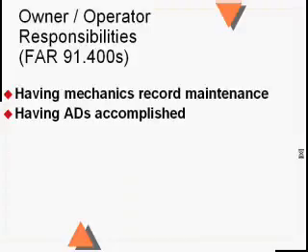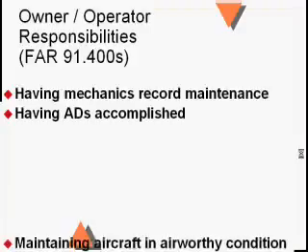Having ADs accomplished, I've already touched on that a little bit. Certainly the owner is going to be held responsible, and certainly the mechanic, if they sign off a 100-hour or an annual or a progressive inspection and the airworthiness directive was due before the date they signed it, then the mechanic or repair station would be held responsible. But a rental pilot, even if somebody hands you the list of airworthiness directives that have been complied with, there's no way for you to know if one's missing because the very next line would be blank. You can't look at it and go, oh, this is blank, but I know something's supposed to be there, because nobody's sending you the airworthiness directive. So definitely the owner is going to be held responsible to make sure that the airworthiness directives have been accomplished, but not the rental pilot.